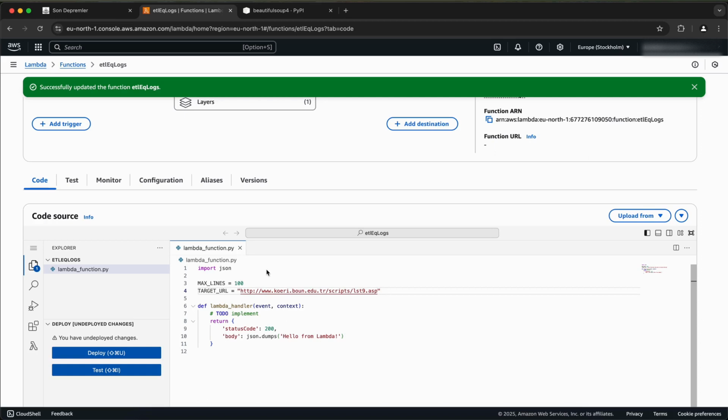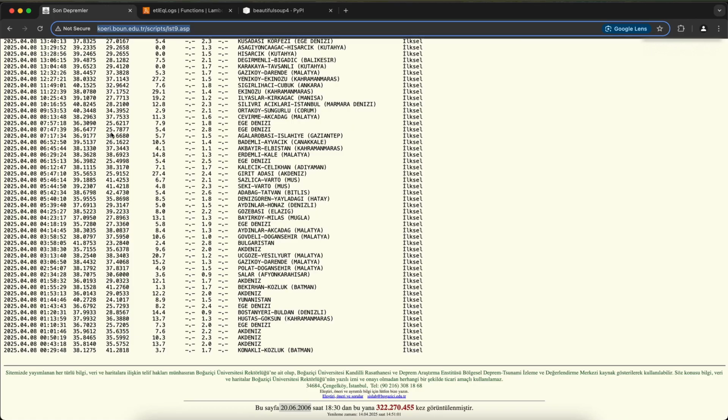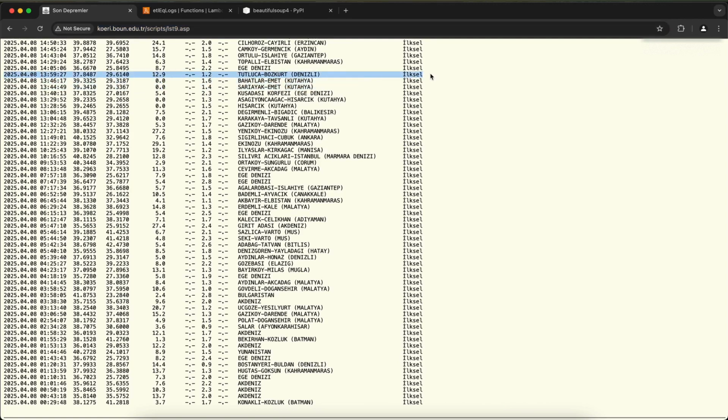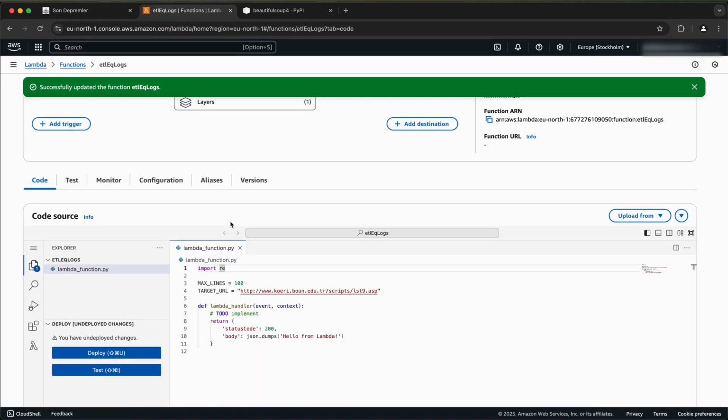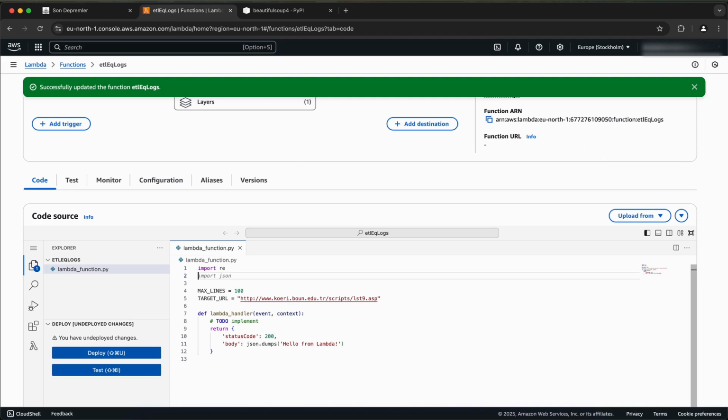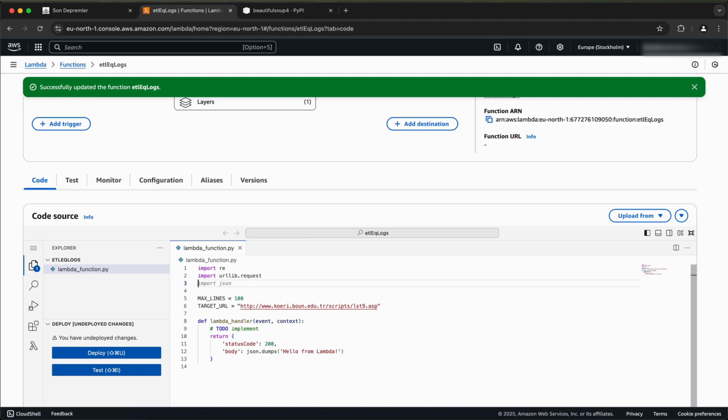I don't know, but I will definitely use a regular expression, because when I read the lines, I will read them all, and I will use a regular expression to fetch each one of them. So it will be easier. Therefore I am importing the regular expression standard package. We also need a URL library, so I will use urllib.request. We will use it while we are fetching the data, and I will also import Beautiful Soup,